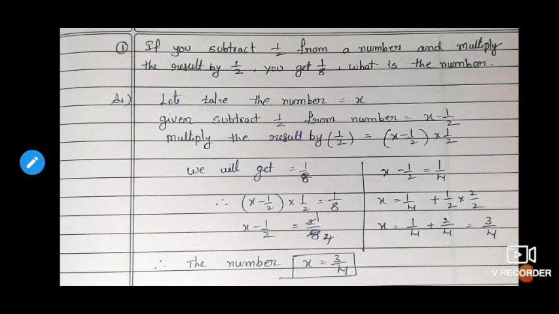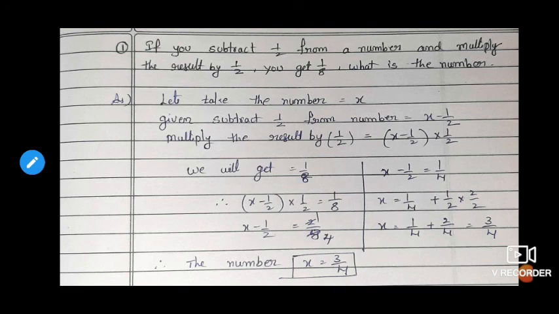Now what do we want, children? We want the value of x. So send the remaining terms to that side. Here, (x minus 1 by 2) into 1 by 2 means 2 is in the denominator, a division part. If I send it to the other side, it will go to the numerator, that is the multiplication part. Even in this way you can remember: if we send it to the other side of the equal symbol, it will go to the numerator. Now we get 2 by 8, and 2 ones are 2, 2 fours are 8, so that is 1 by 4. So x minus 1 by 2 is equal to 1 by 4.